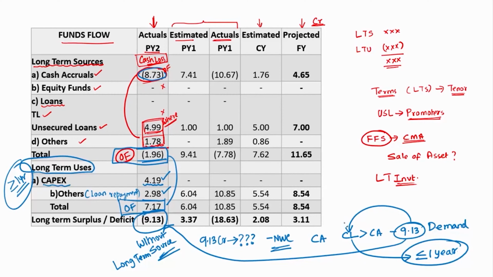This current liability can be a bank CC or OD, or it can be sundry creditors, whatever. But if they demand payment, this entity will not be in a position to pay. And what will these guys do? They will eventually go to court of law, and they will also ask for a winding up petition of this company. Why? Because they are not making the payment. So that serious is the situation here, and that can be understood very easily by looking at this fund flow